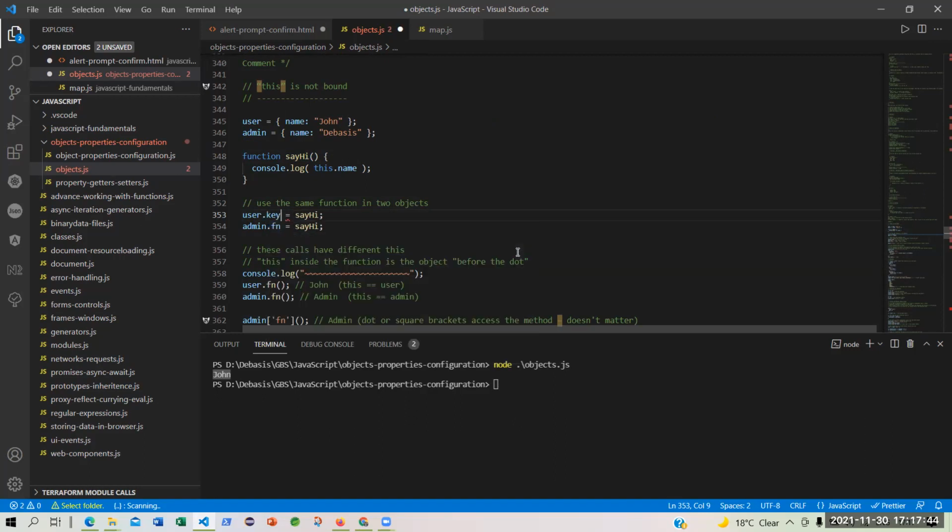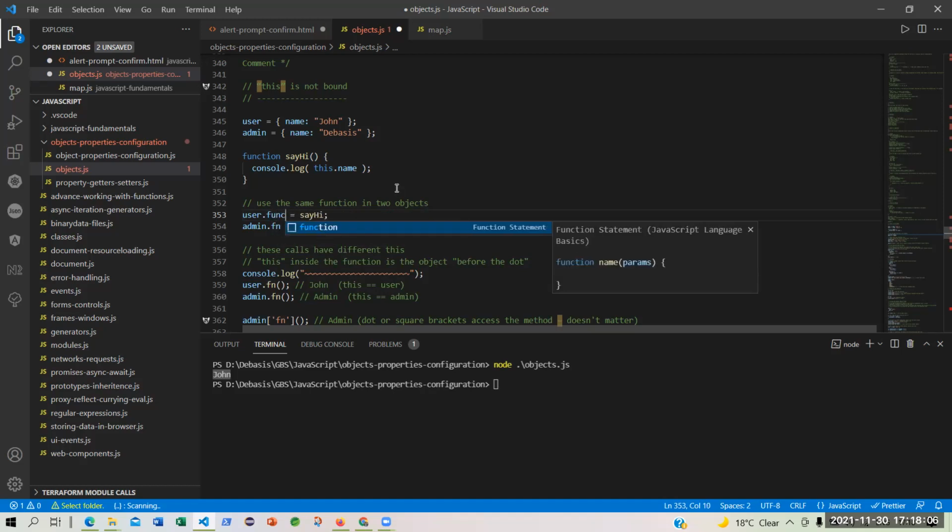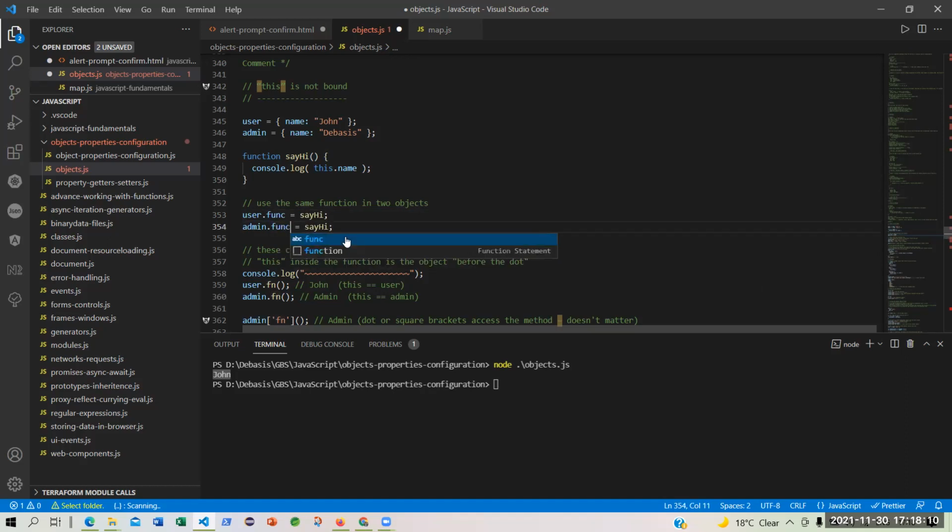You can give key as well. Just to be meaningful in whatever name we are giving, we are saying it's a function. fn, or you can say function, and also here you can say func. Whatever you do, the same.